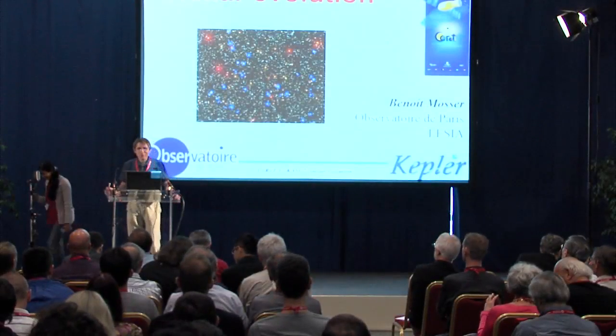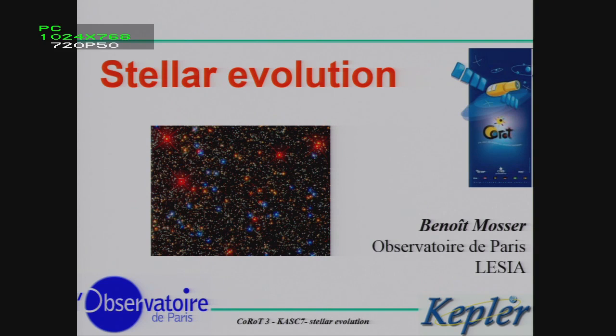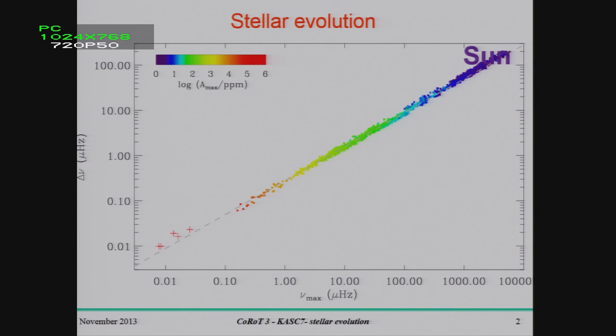Yes, I will talk about the same thing as Josefina, but seen from an observer, not from a theoretician. So I will speak about stellar evolution as observed with CoRoT and Kepler. Josefina has introduced two important parameters: the frequency of maximum oscillation, nu max, and the large separation, delta nu. And if we plot all the beautiful data observed by CoRoT and Kepler, we have